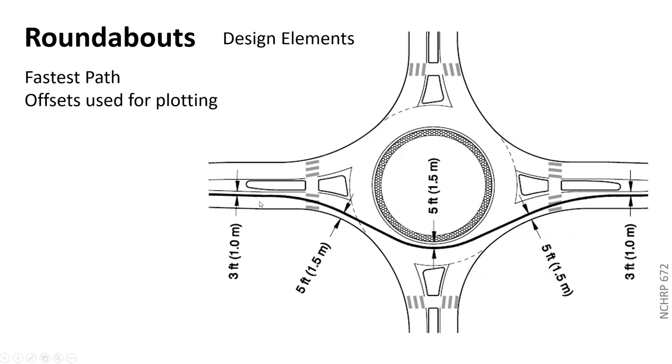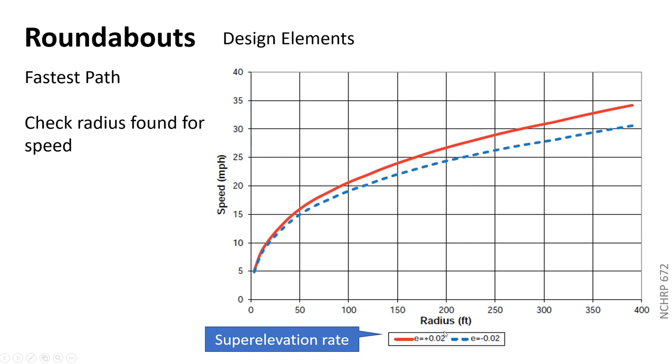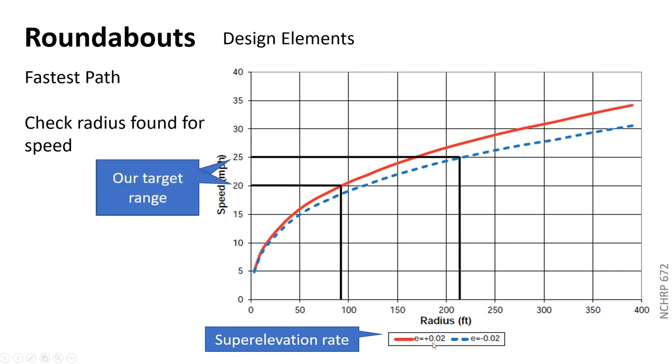Again, this was how we marked out that fastest path, and we saw that last time as well. Back to whether you're sloping in or sloping out, whether you've got the positive 2% like a super elevation or a negative super elevation. If you've got that sloped in, like a couple of the examples we looked at, you'd be the red line. So at whatever radius you were at, you're going to be a little bit faster. For a 150 foot radius, you'd be at about 23 miles per hour if you were sloped toward the center, whereas you'd only be at 21 or something. That's a couple miles per hour difference. It's a slight difference, but